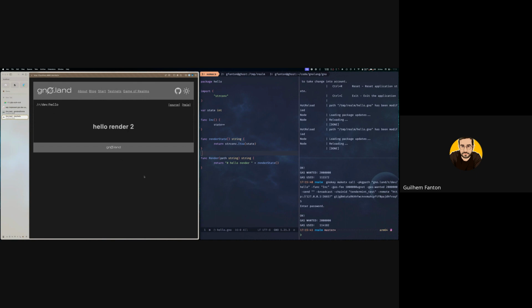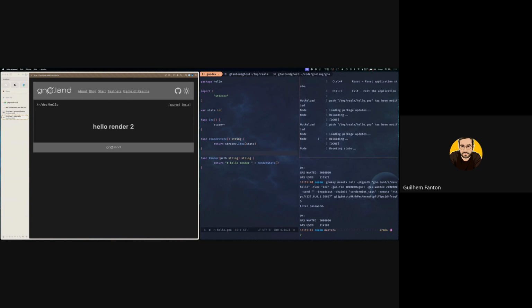The change is taken into account, but I can continue changing the whole thing without affecting the state. It keeps the state, and if you actually want to reset the state, you can just press CTRL R to reset the whole state, and it will be back to 0.